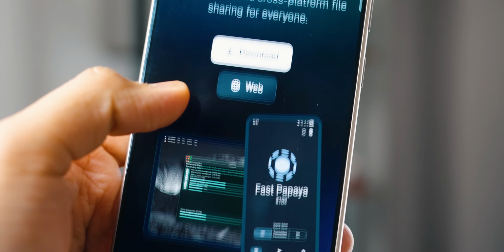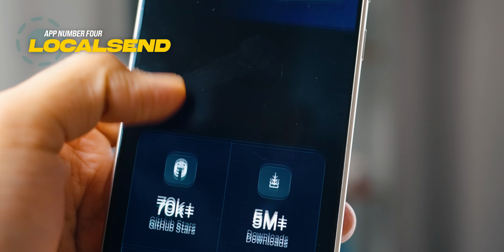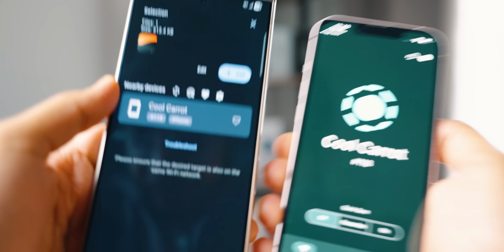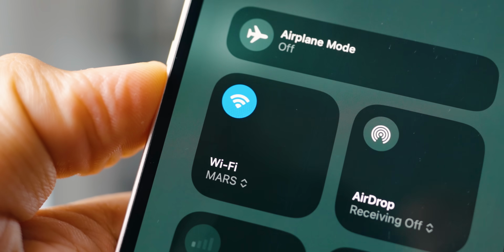Maybe some of you know about it, but for those of you that don't, this is a one-stop solution for all your transferring needs. The name of this application is called Local Send, and all you have to do is install this on the device that you want to transfer to. Let's say on an iPhone and an Android phone, stay connected to the same Wi-Fi network, and you can select